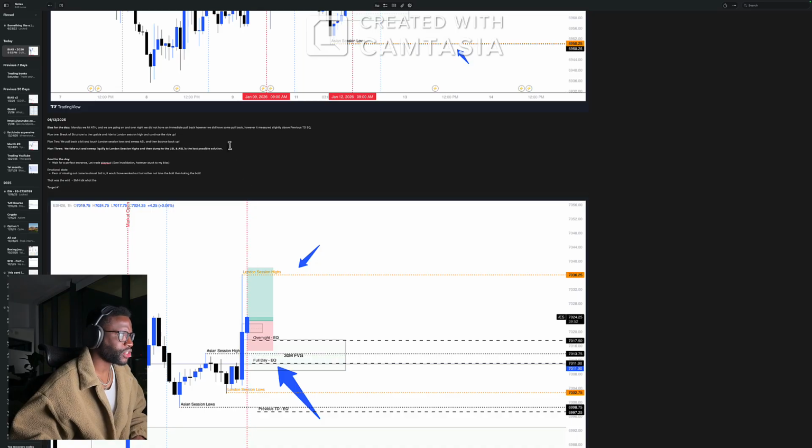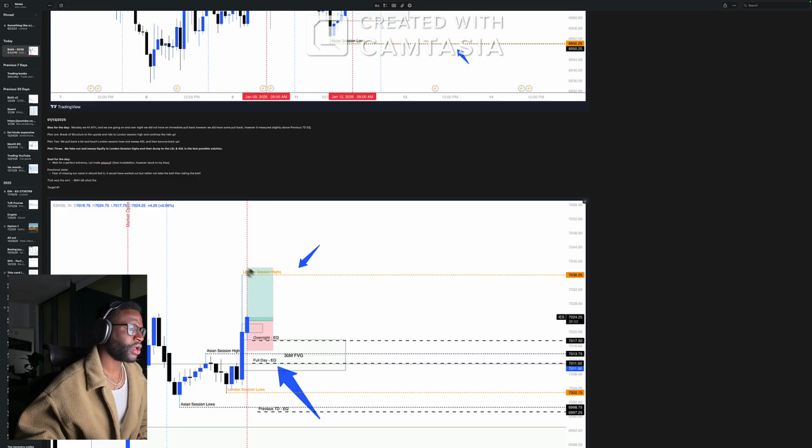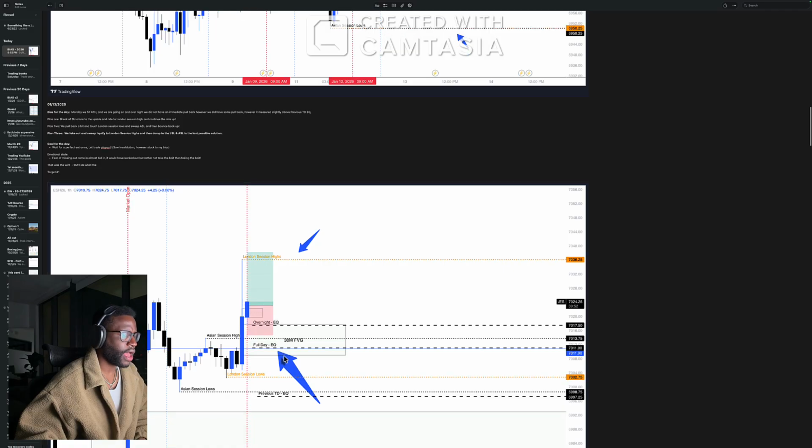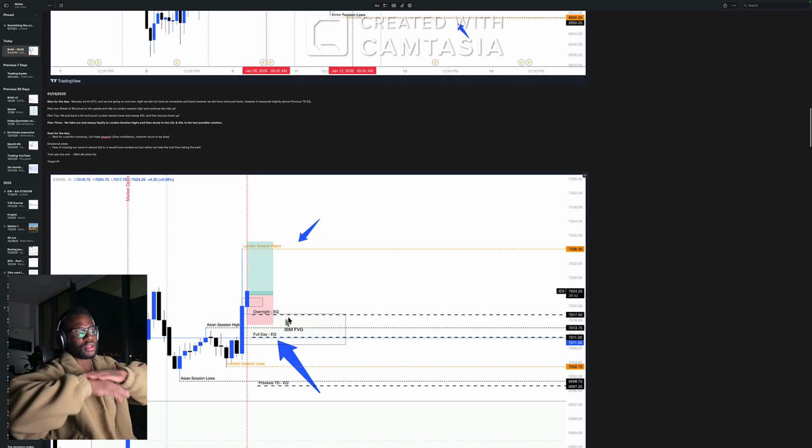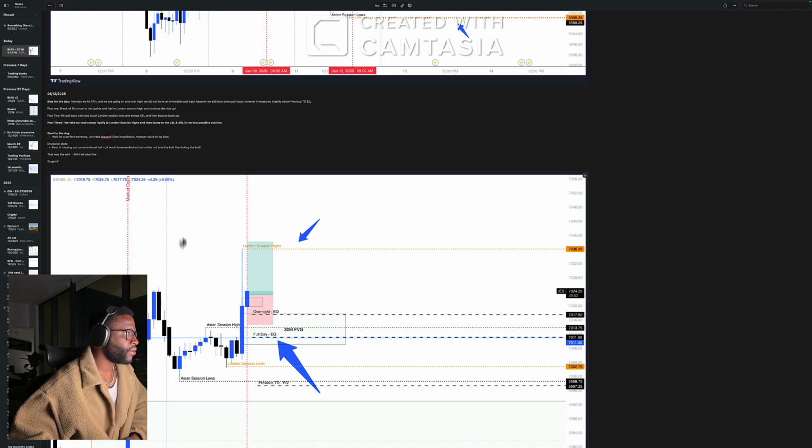I think on a 5-minute chart you were able to see we hit London session's high, but it pulled back immediately, and then from there we saw what was happening. So, anyways, my buys for today: Monday, new all-time high, an immediate pullback. However, the pullback should measure slightly above previous TDEQ. So my target was right here, previous TDEQ. That was the perfect execution for today, right?